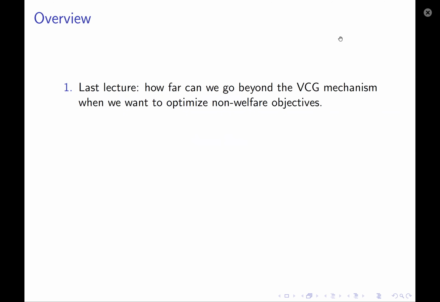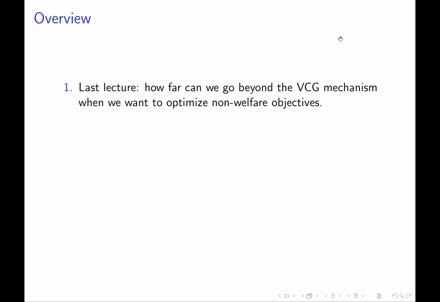So just to recap maybe the last couple of lectures. Two lectures ago, we gave and derived a number of nice properties for the VCG mechanism. And just to recap, the VCG mechanism was really able to solve, in an extremely general setting, lots and lots of mechanism design problems. And we showed that it was dominant strategy truthful, right? Nobody would have any incentive to misreport.